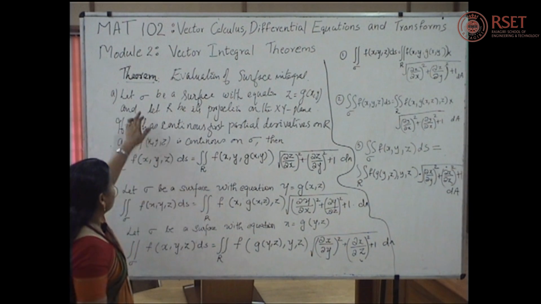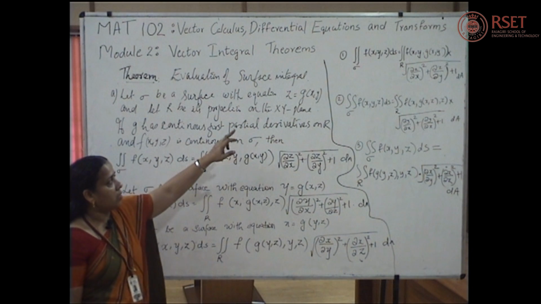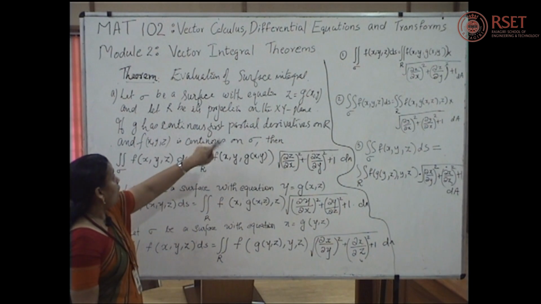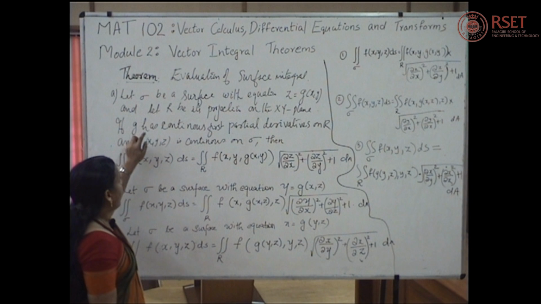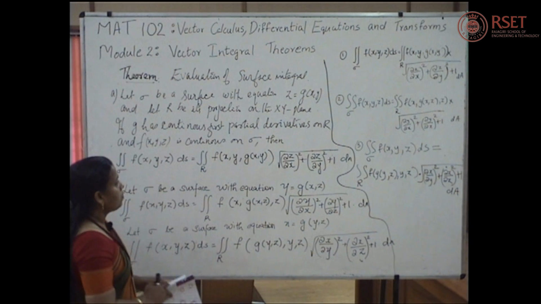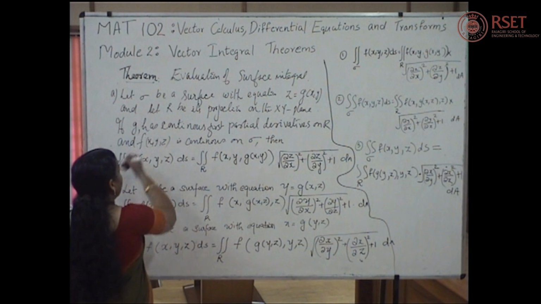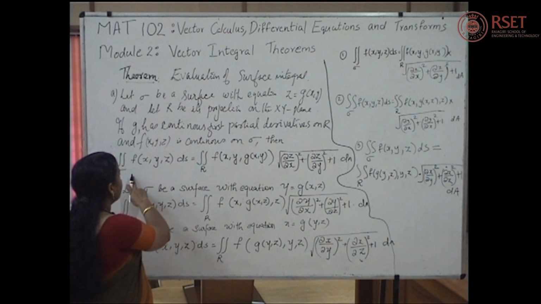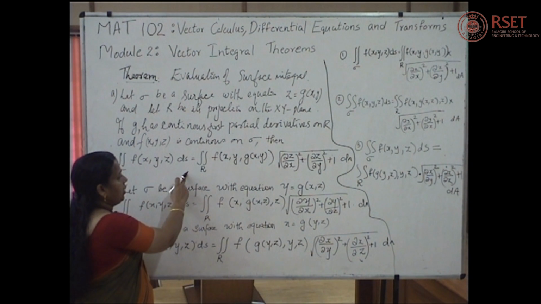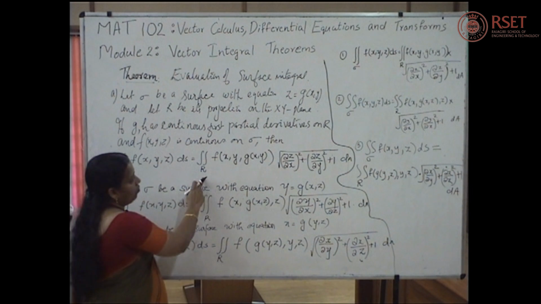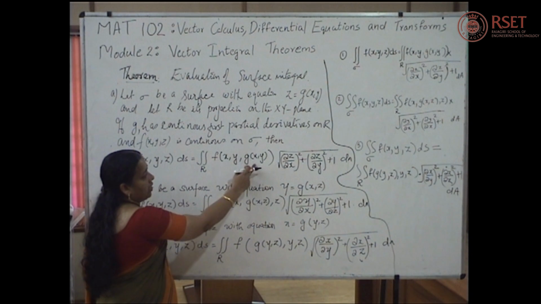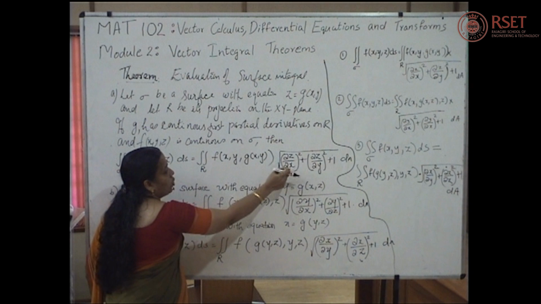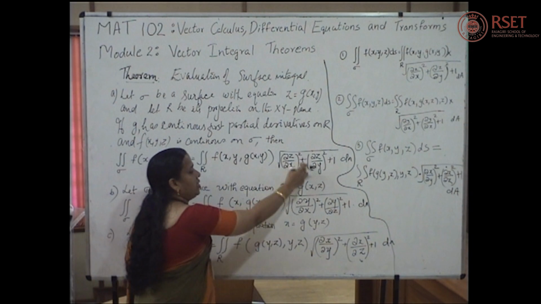The first one: sigma is a surface with the equation z = g(x, y) and R is its projection on the xy plane, and if g and h have continuous first partial derivatives on R and f(x, y, z) is continuous on sigma, then the integral over sigma of f(x, y, z) dS equals the double integral over R of f(x, y, g(x, y)) into root of (∂z/∂x)² plus (∂z/∂y)²